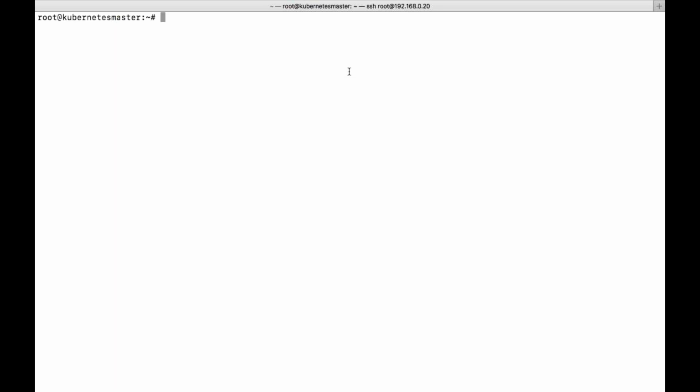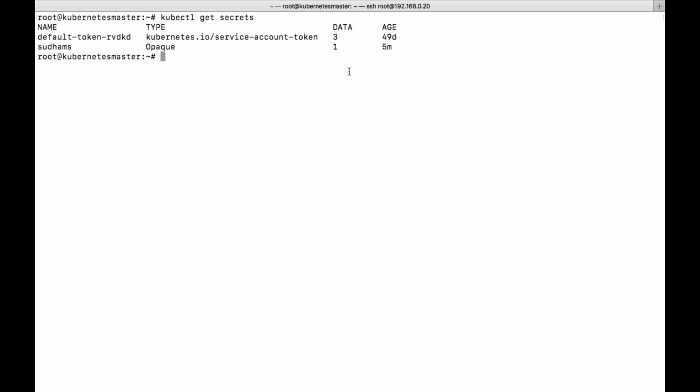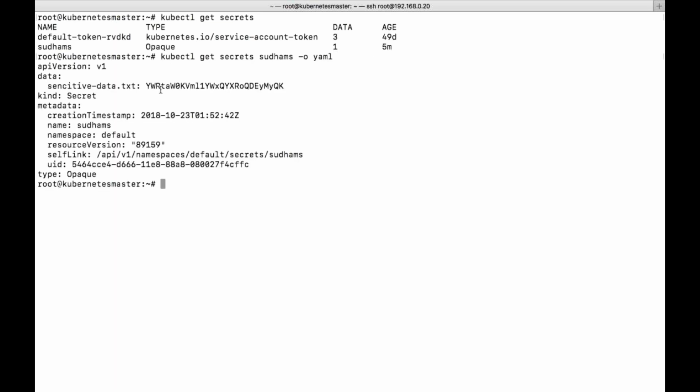So now you have created your secret, but without specifying the key in a key-value pair combination. That's the reason you can see the name as your file name itself. So let us delete the old one.